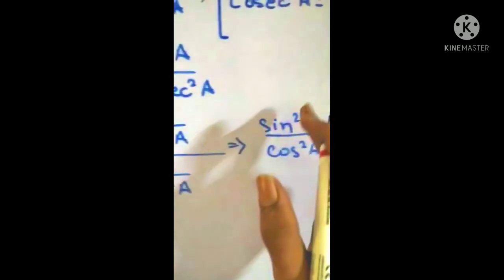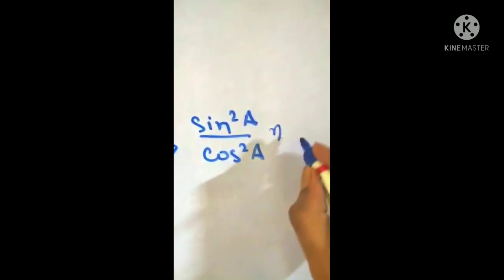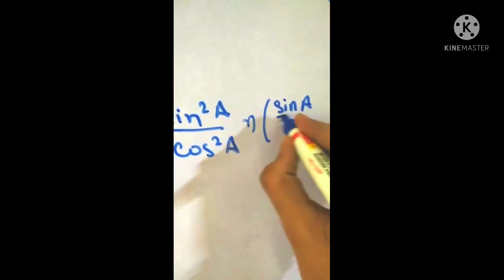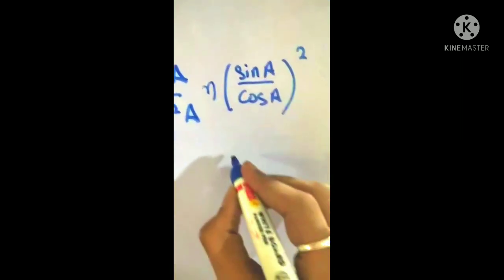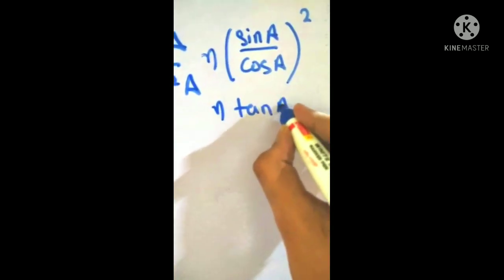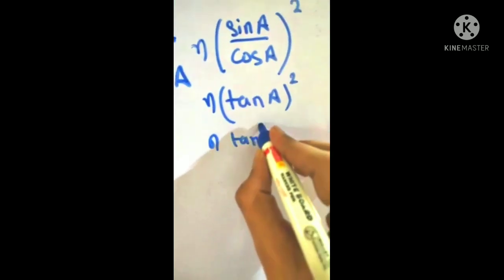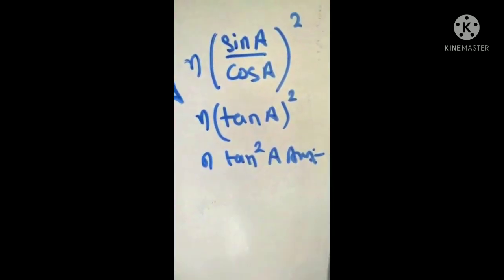If we solve it, we will get sin square A by cos square A. That means sin square A by cos square A, we can write it like this: (sin A by cos A) whole square. So sin by cos, what we know? Sin by cos we know is tan A, whole square, so tan square A. This one is our answer. Let us move